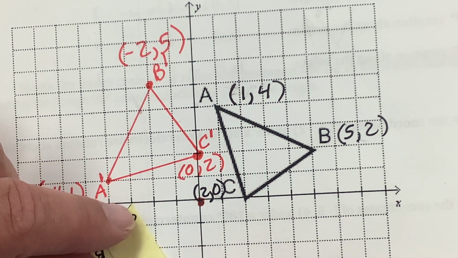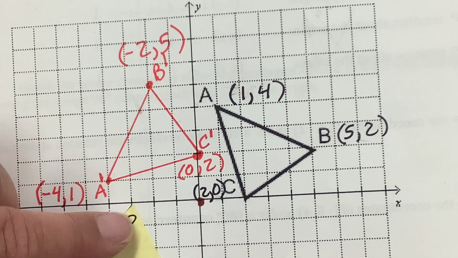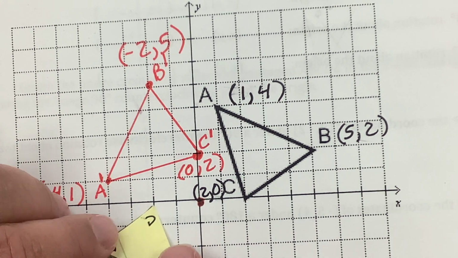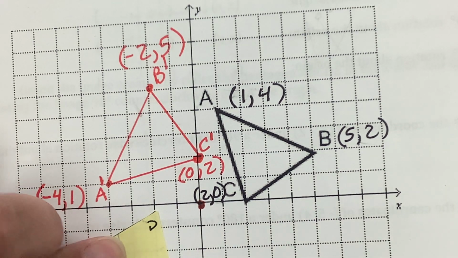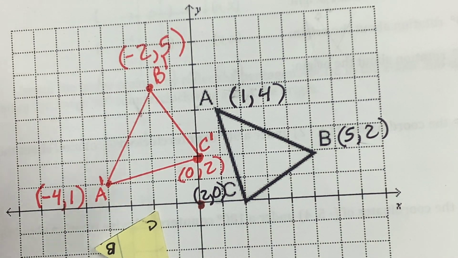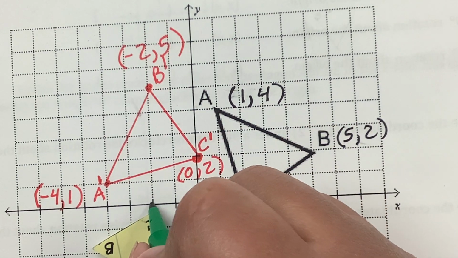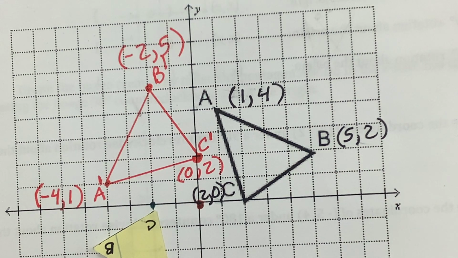Oh, come on, Bono, do it right. Here we go, 2. That goes there. So you can see, oh, C. Give me another color. I like green. Here we go. Here's C double prime,